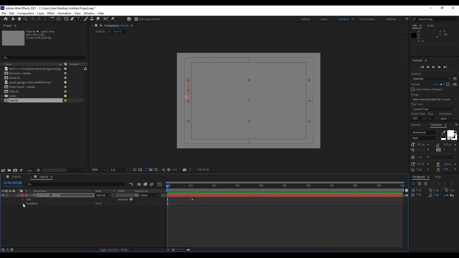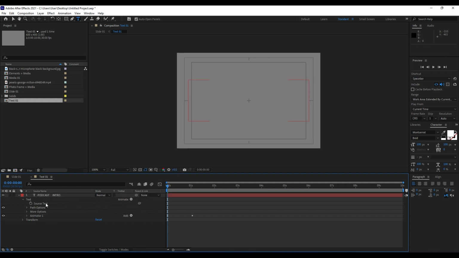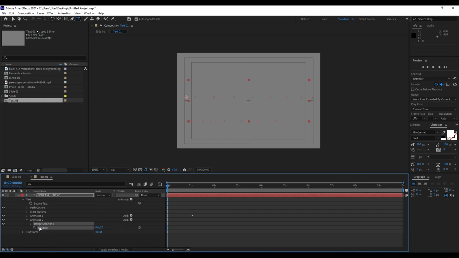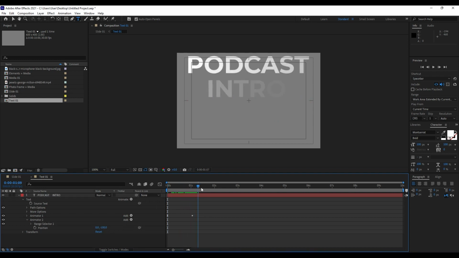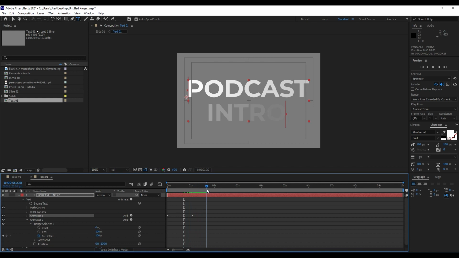Okay, also next thing what we're gonna do is to add another animator. Go animate and then position to add another animator. Now we will see here this range selector. For this Y parameter, hit -100, and our text will be here up. Okay, open this range selector, set a keyframe here and go to 100 here, this offset, and move it here,